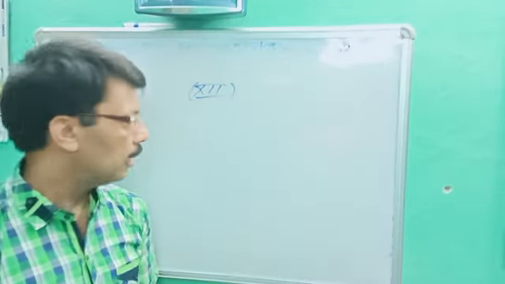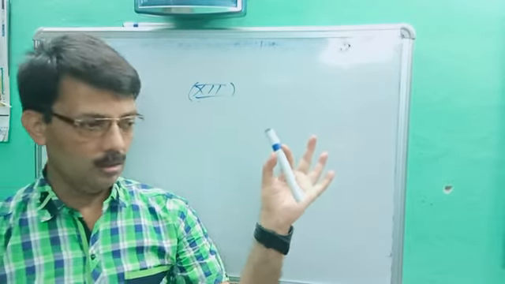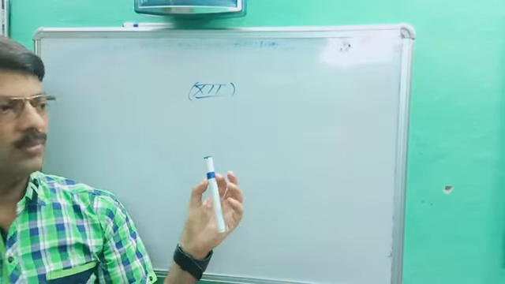In previous classes we had discussed electrostatics. In the introduction I told that, let's suppose this is an ebonite or a glass rod. When we rub the ebonite with hair or with silk, then we notice that the rubbed portion starts attracting small pieces of paper, but this charge doesn't transfer from one point to another. It means charges are created, but that charge remains at rest. So this branch of physics was called electrostatics. It means the branch of physics under which charges remain at rest is called electrostatics.